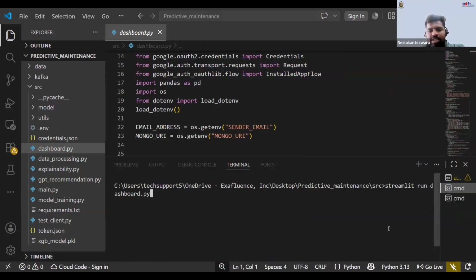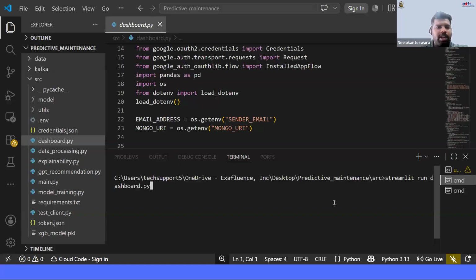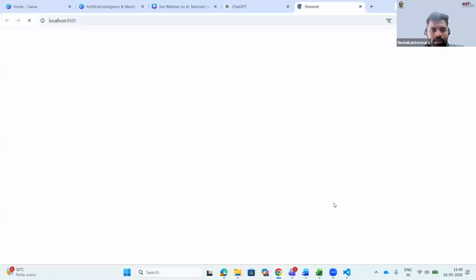Here I'm using Streamlit to design and implement the front end. Why? Because here it is basic only, right? So I use Streamlit. Okay, give me a minute. Sorry, guys. Here I'm running Streamlit. Now it automatically redirects to the browser. There is a web page, and it is loading. It takes a few seconds to load the screen.